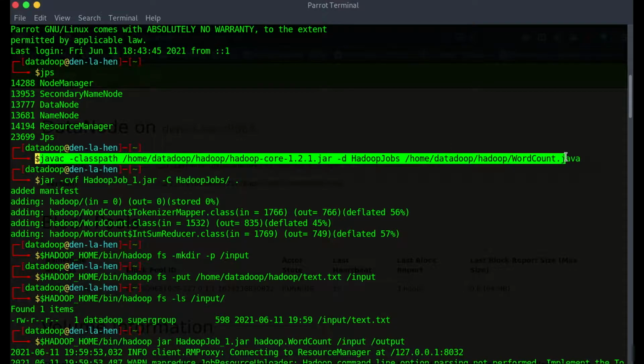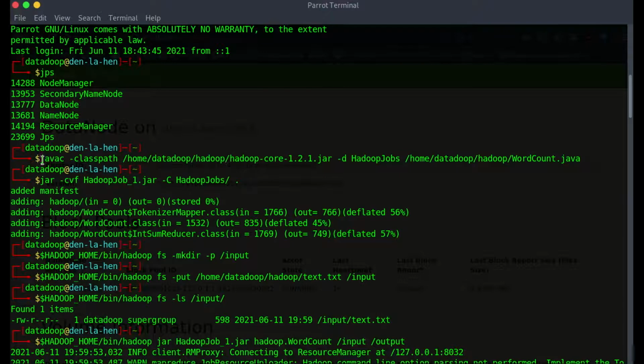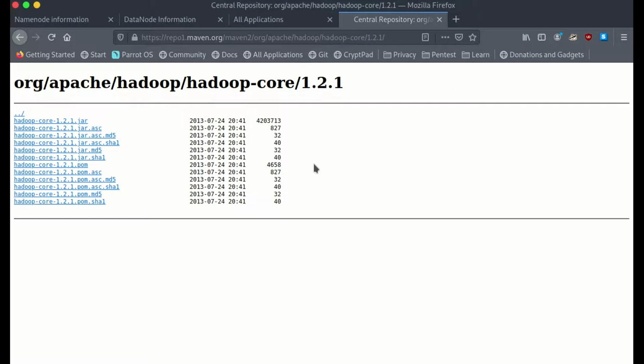This is the command to compile the Java code, where you specify javac -classpath, and you mention the Hadoop core jar file that has to be downloaded from the internet. So before executing your MapReduce program, you have to make sure that you download this Hadoop core jar file that has all the necessary libraries to run the mapper and reducer tasks.